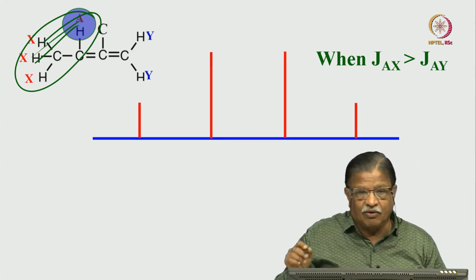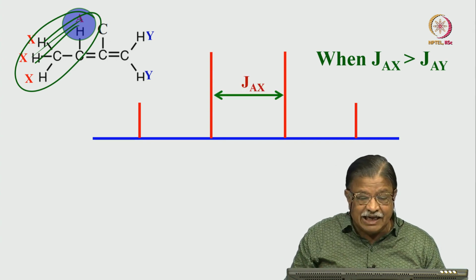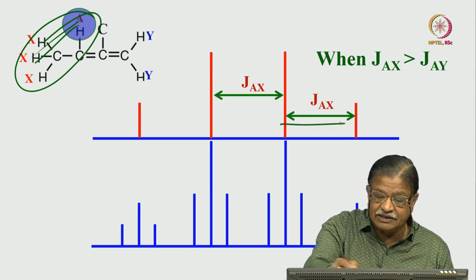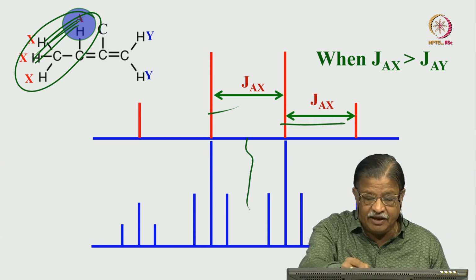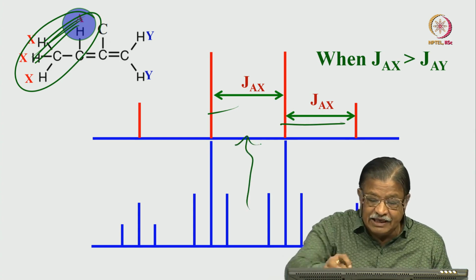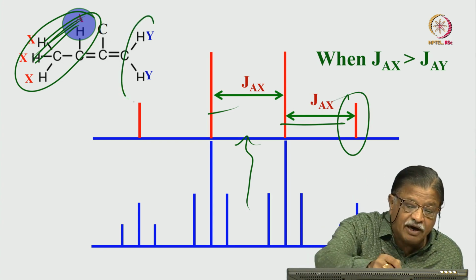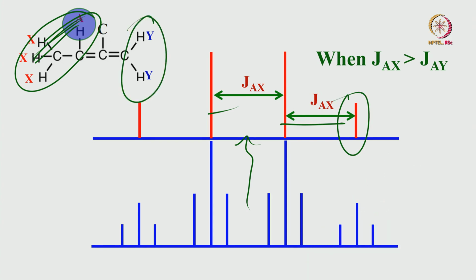First coupling is large, quartet I have taken, and adjacent lines of the quartet give you AX coupling, and the center of this gives you the chemical shift of A. Each line of this quartet is split because of these Y protons, CH2, into a triplet. This is 1,3,3,1 intensity and this is 1,2,1 intensity. So, each line of the quartet will be a triplet, and this separation gives you coupling between A and